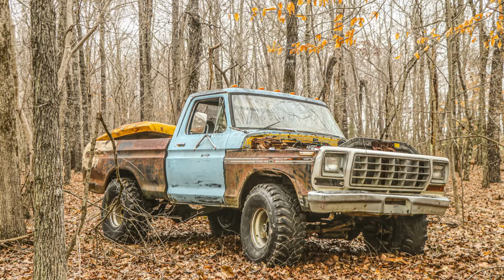We traded both of these trucks with an initial investment of $700 for this. This is the 1974 Ford F100 4-wheel drive. Now you guys probably saw this video. It was an awesome video. I really loved this truck. It was just really rough. It was a 360 4-speed 4-wheel drive with 38-inch giant mud tires on it. It was really rough and really ratty, but it just made sense for the video